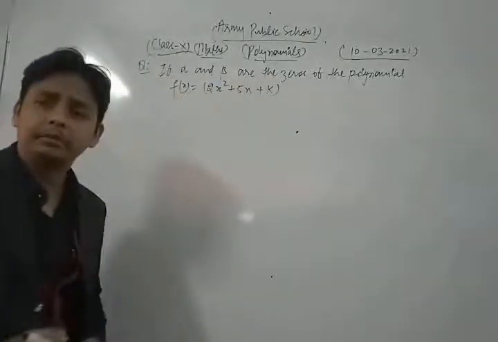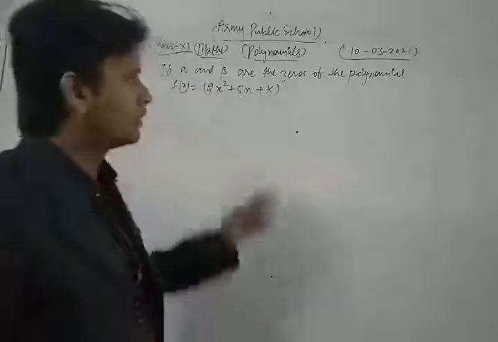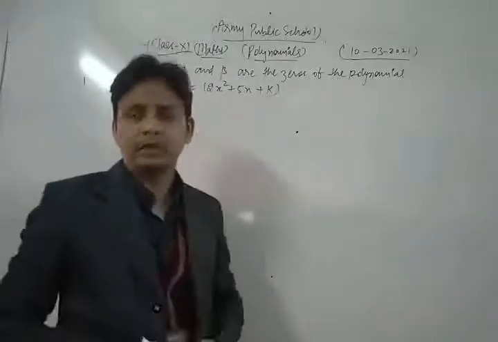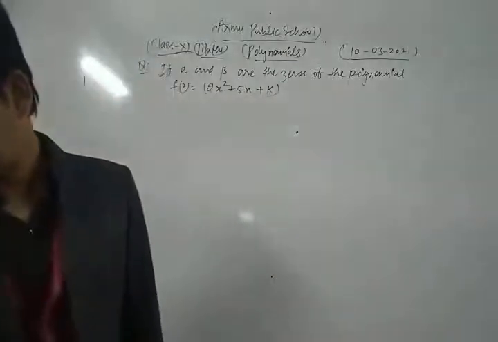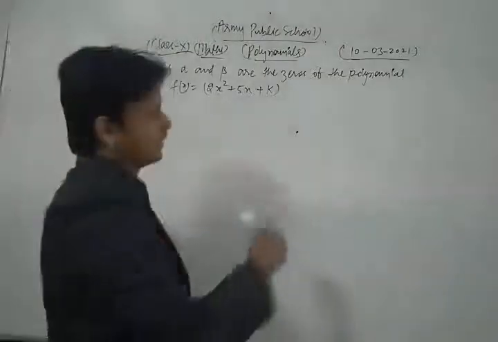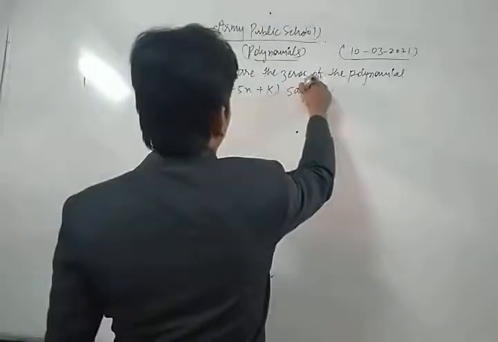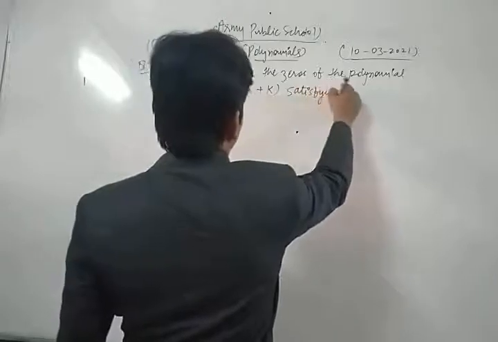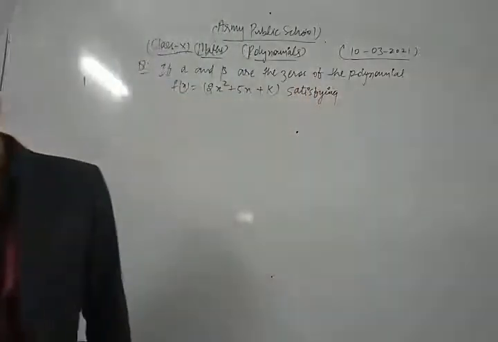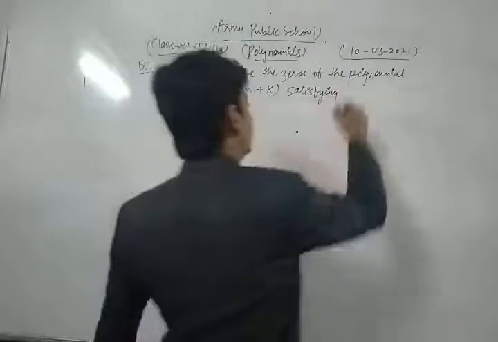If alpha and beta are two zeros of the quadratic polynomial 2x square plus 5x plus k, satisfying the relation,